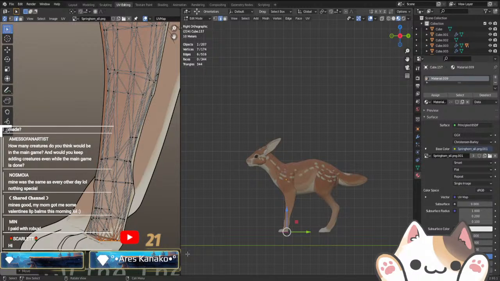How many creatures do you think would be in the main game, and would you keep adding creatures even while the main game is done? Yes,